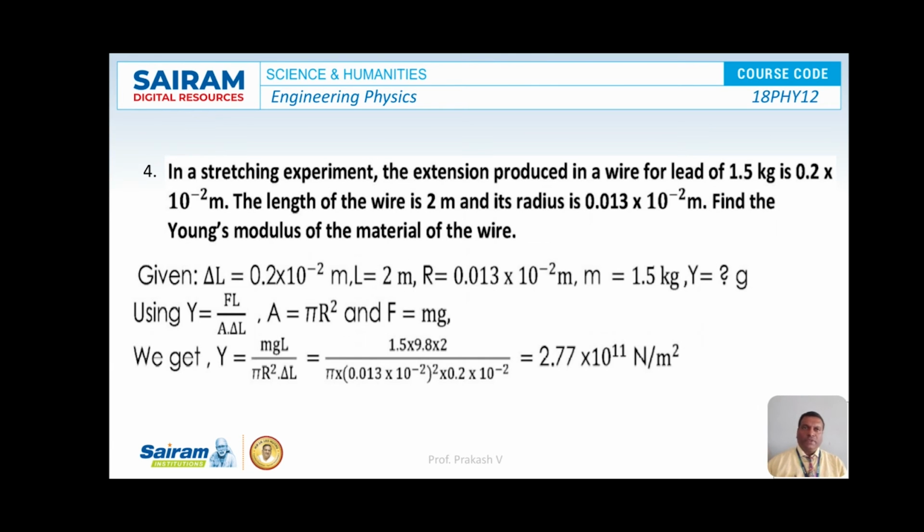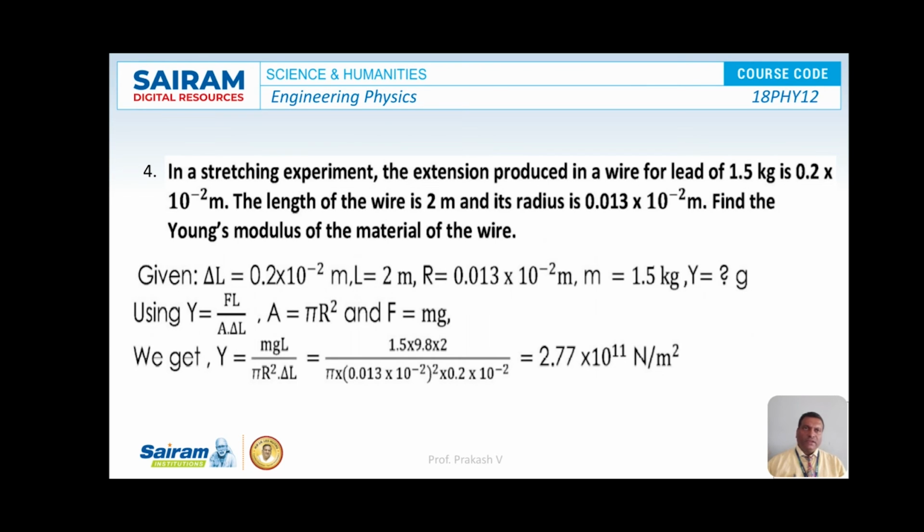The fourth problem is: in a stretching experiment, the extension produced in a wire for a load of 1.5 kg is 0.2 into 10 to the power of minus 2 meter, and the length of the wire is 2 meter and its radius is 0.013 into 10 to the power of minus 2 meter. Find the Young's modulus of the material of the wire. So here the extension produced delta L is equal to 0.2 into 10 to the power of minus 2 meter,